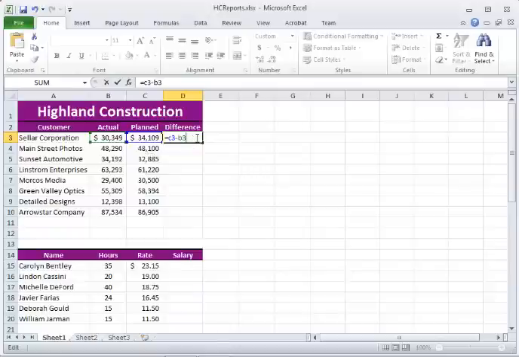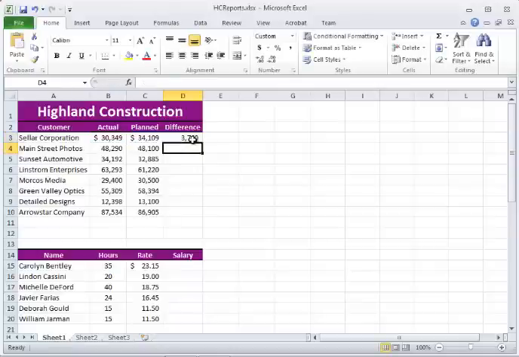Once you see that visually, and you can also logically consider the formula and determine that it's correct, then you can press the Enter key to finalize the formula. If you click back on that D3 cell, you'll see